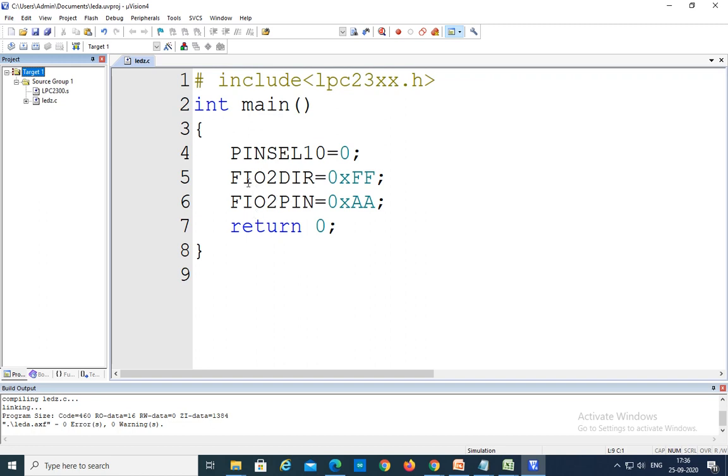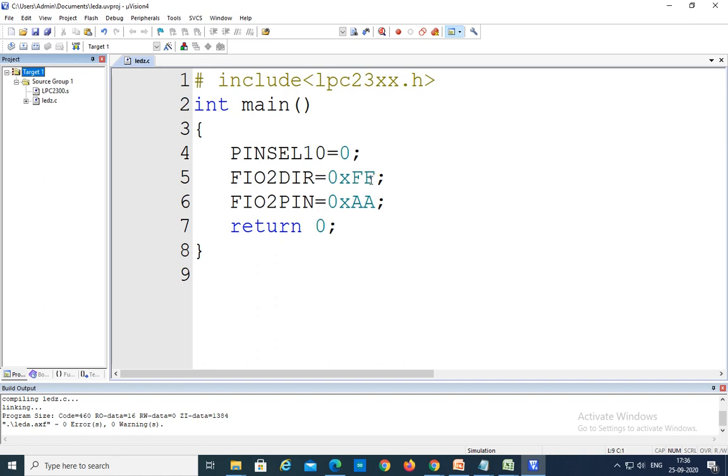So we make the port 2 pins output pins by specifying all ones in the register. All ones means all pins are output pins. If all are zeros, all pins are input pins.